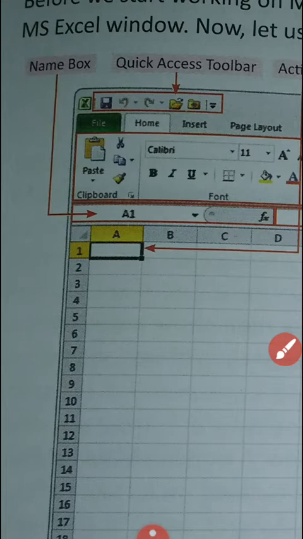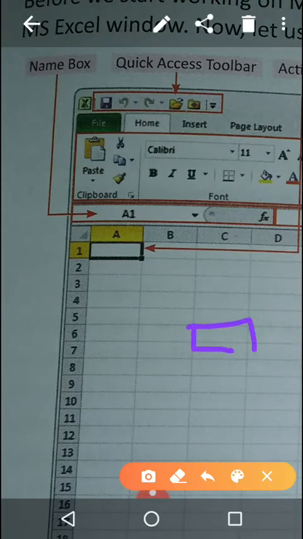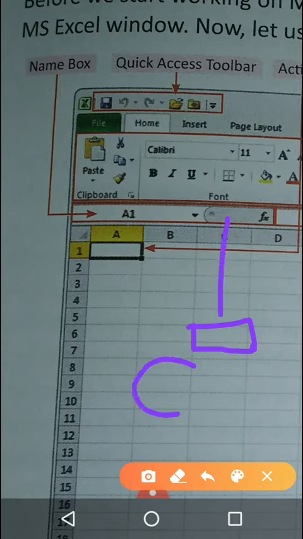Here the active cell shows A1, that means column A and row 1. Suppose I am writing something here in the C column, so I will write C first. After that, as we are writing in the 6th row, we write 6. So this is the address of the cell.